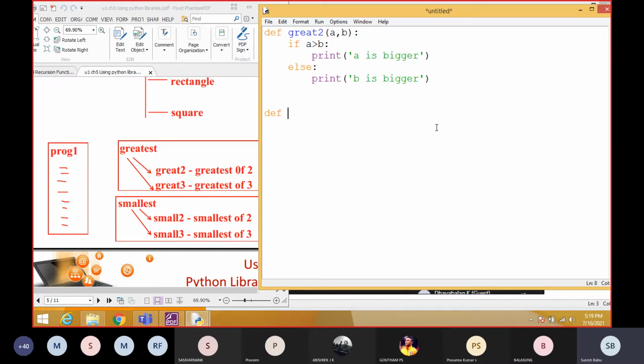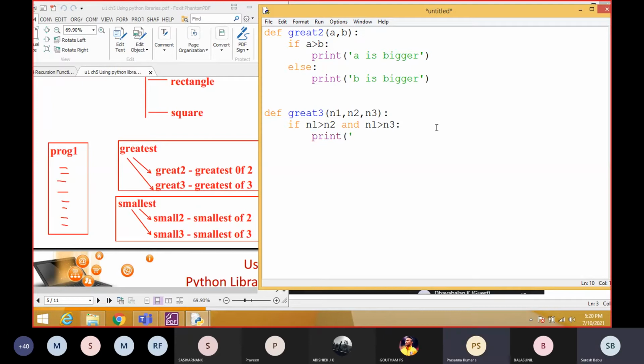We have to find the greatest of 3. So here the input should be 3 numbers. We have to find the greatest value among those 3. So I'm going to use n1, n2, n3, that is number 1, number 2, number 3. In the condition, first we have to compare n1 with both n2 and n3. So n1 greater than n2 should be true, and also n1 should be greater than n3. Both should be satisfied, then only we can say,